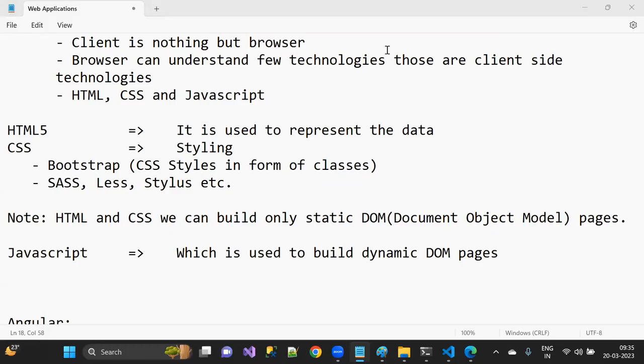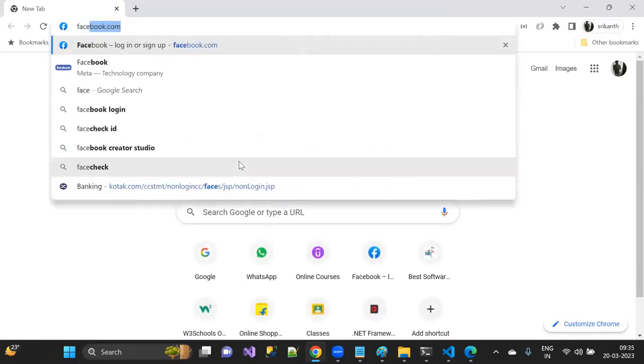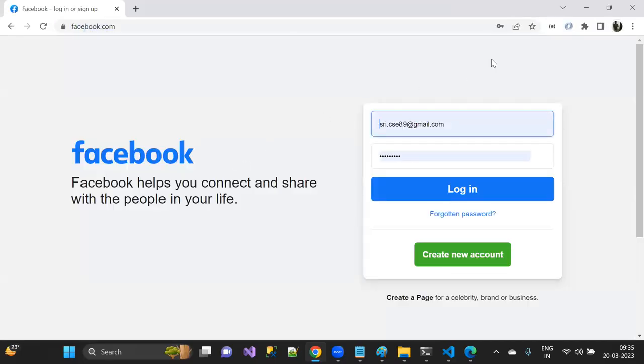If it is a static DOM, I'll send a request and get the same response. Suppose, a simple real-time example: if I open facebook.com, what web page am I getting? I'm able to see only the login page, right? Yes or no? If you send a request, you are also getting the login page or not?